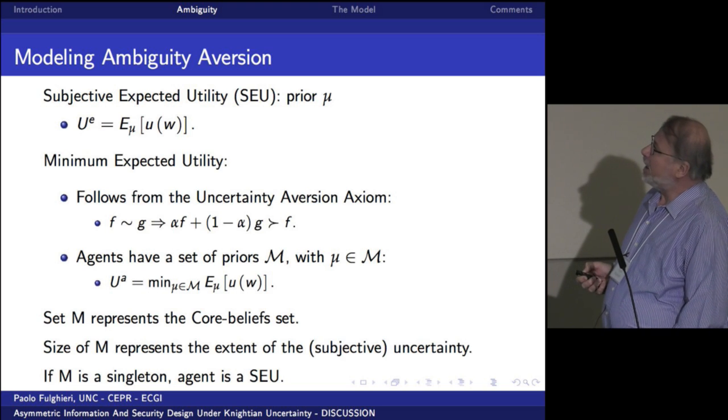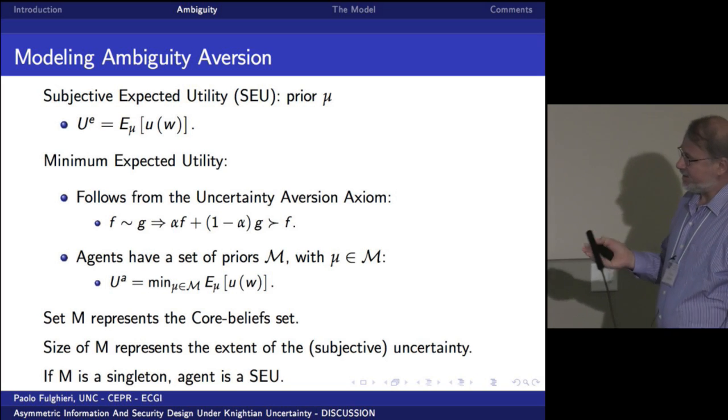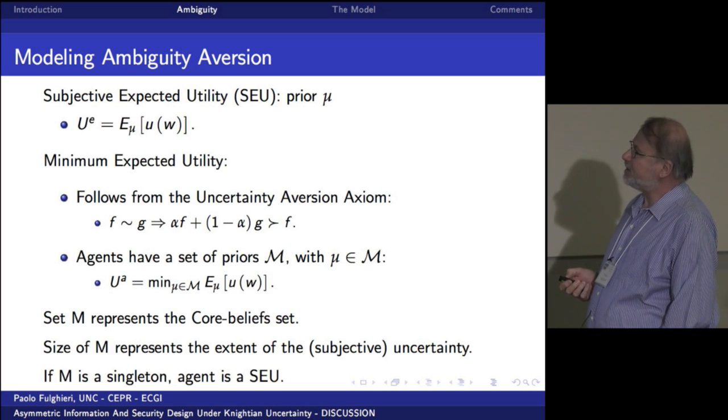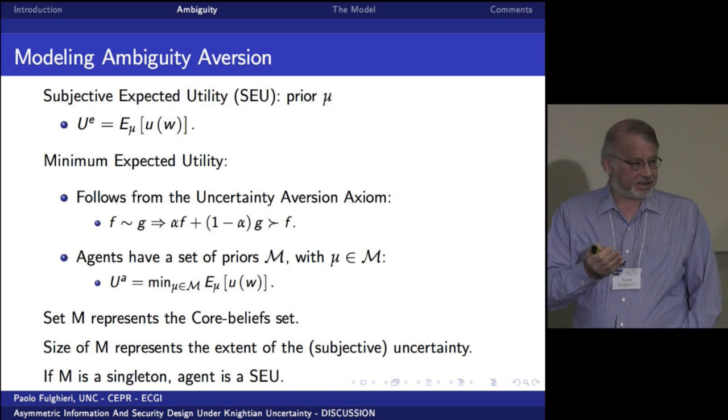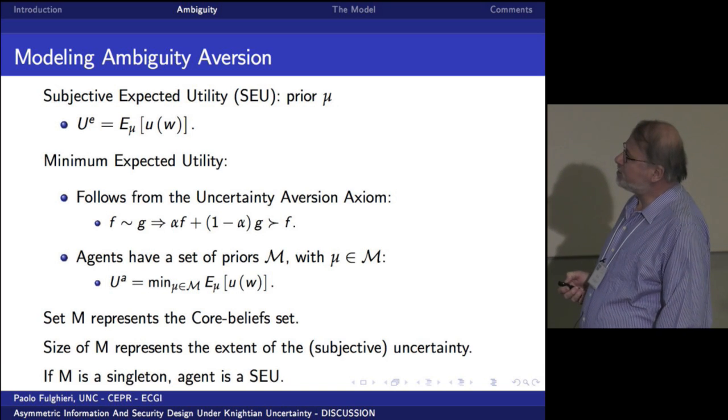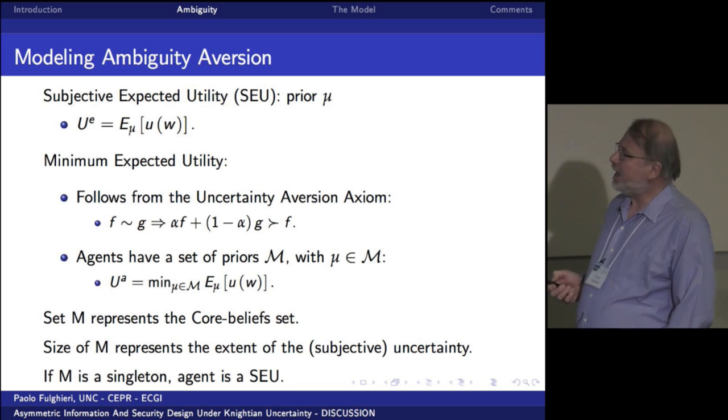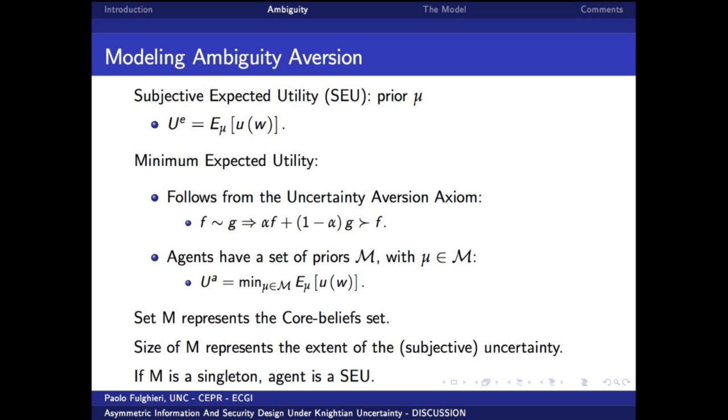and evaluates the utility according to the standard expected utility approach. The alternative paradigm is the minimum expected utility approach. And this follows from the uncertainty aversion axiom, which says that if you have two lotteries and I'm indifferent between these two lotteries, I prefer a randomization over these two lotteries, weakly, over each one of the